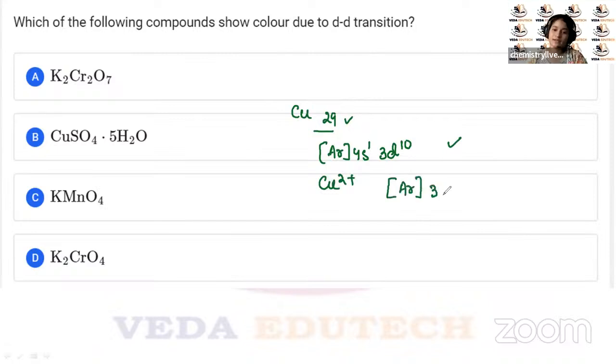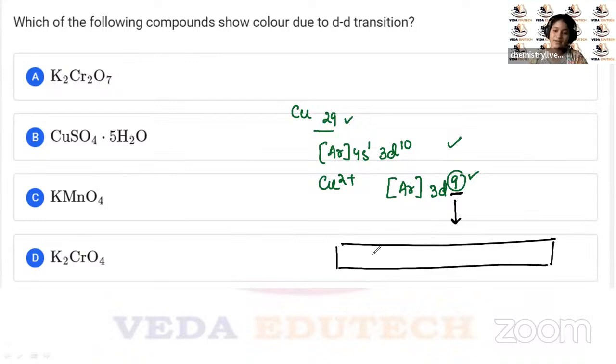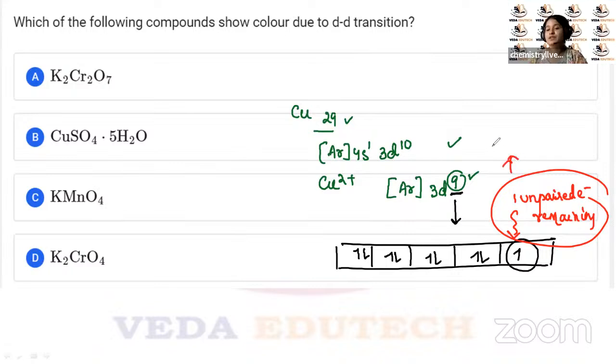तो Cu2+ का क्या हो जाएगा? आर्गन 3d9 हो जाएगा। तो जब ये 3d9 हो जाएगा, तो वी कैन सी दैट 3d9 को अगर हम लोग यहाँ से ऐसे रिप्रेजेंट करें, एक अनपेयर्ड इलेक्ट्रॉन यहाँ पे बच जा रहा है। तो क्योंकि यहाँ पे अनपेयर्ड इलेक्ट्रॉन है, दैट मीन्स दिस इज गोइंग टू अंडरगो d-d ट्रांजिशन एंड दिस इज गोइंग टू शो कलर, राइट। और ये ब्लू कलर का होता है।